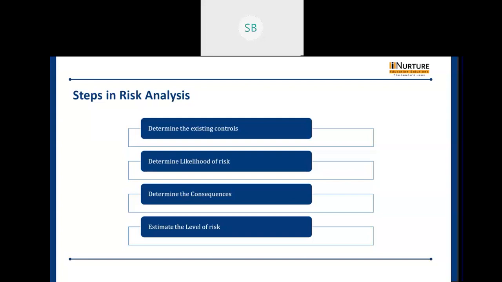And last is to estimate the level of risk. Just now, when we determined the consequences of the risk, we assigned some number to it. So we assign a level to it, whether the risk will be high, low, or medium. Based on the risk analysis and consequences, we will level the risk and give it a risk number. So basically, a number will be assigned to these consequences, and based on the risk number ranges, the risk level will be determined.